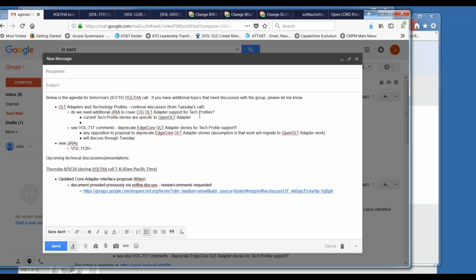Well, I think I'm speaking for the ONF, unless someone wants to speak, but my understanding, anyway, is that the OpenOLT is a generic type of adapter that should be able to accommodate any OLT.